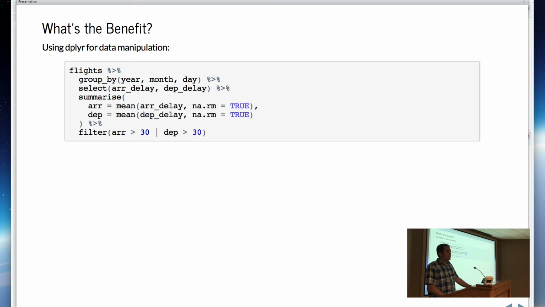So this is dplyr, one of the packages in the tidyverse that's doing data selection and manipulation. And so I start with a set of flights data. I'm grouping it by the various columns that have to do with the date, selecting which columns I want, doing some aggregation and filtering.